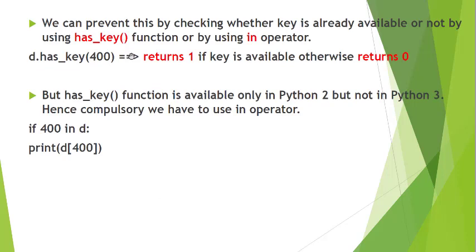You can see whether the key you are giving is there or not by using the function has_key. D.has_key(400): if 400 is there, it will return 1, else it will return 0. So then we can check, if it returns 0, then we say, hey, you have given the wrong key. And if you have given the correct key, we can then